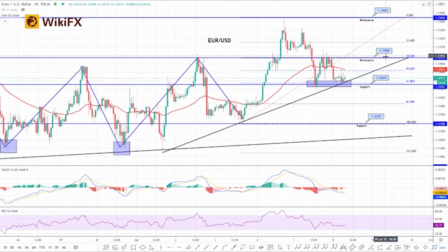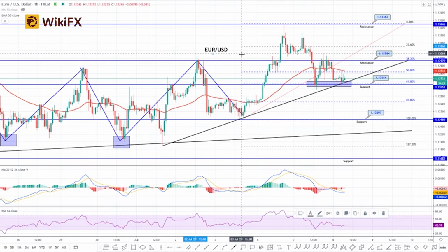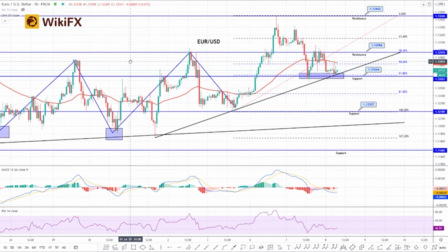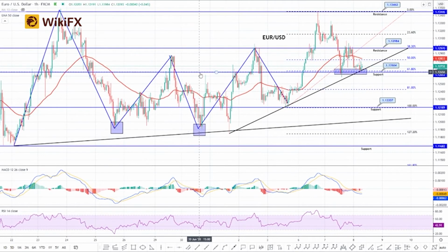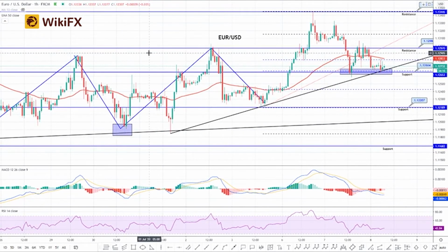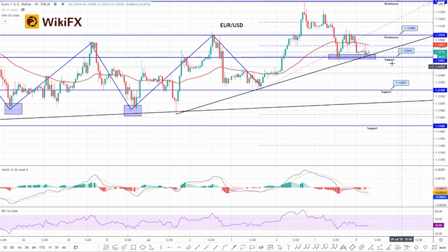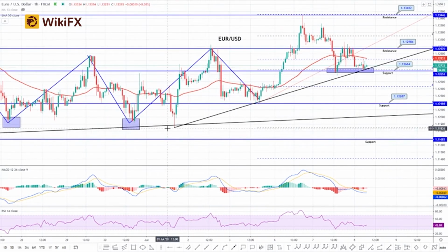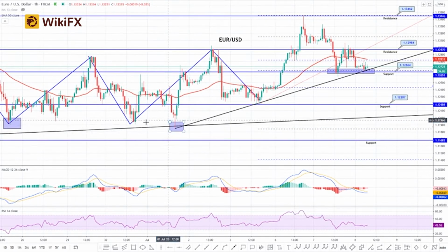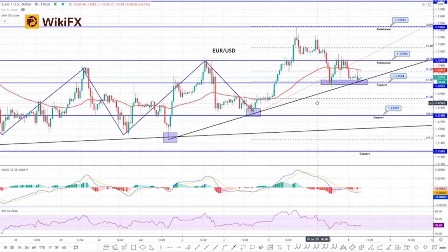Okay, now let's take a look at the Euro US dollar. On the 1 hourly time frame of the Euro US dollar, guys, the market has violated once again the sort of an ascending triangle pattern. However, that was not a perfect ascending triangle pattern, therefore the market has not respected it. However, what I see here, there is an upward trend line in the market, like ascending trend line, which is providing and extending support somewhere around